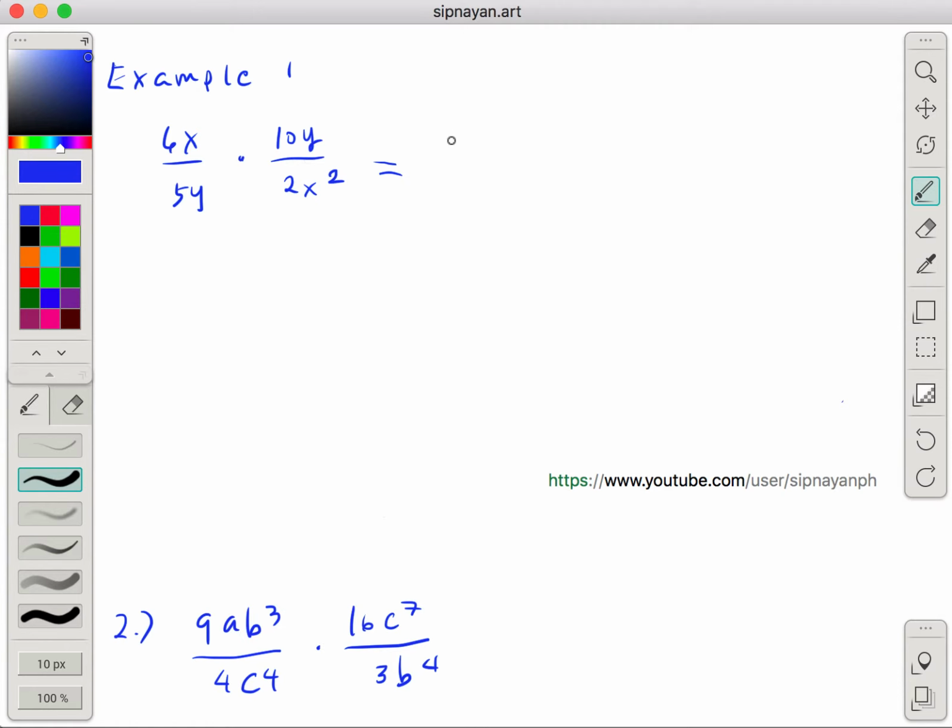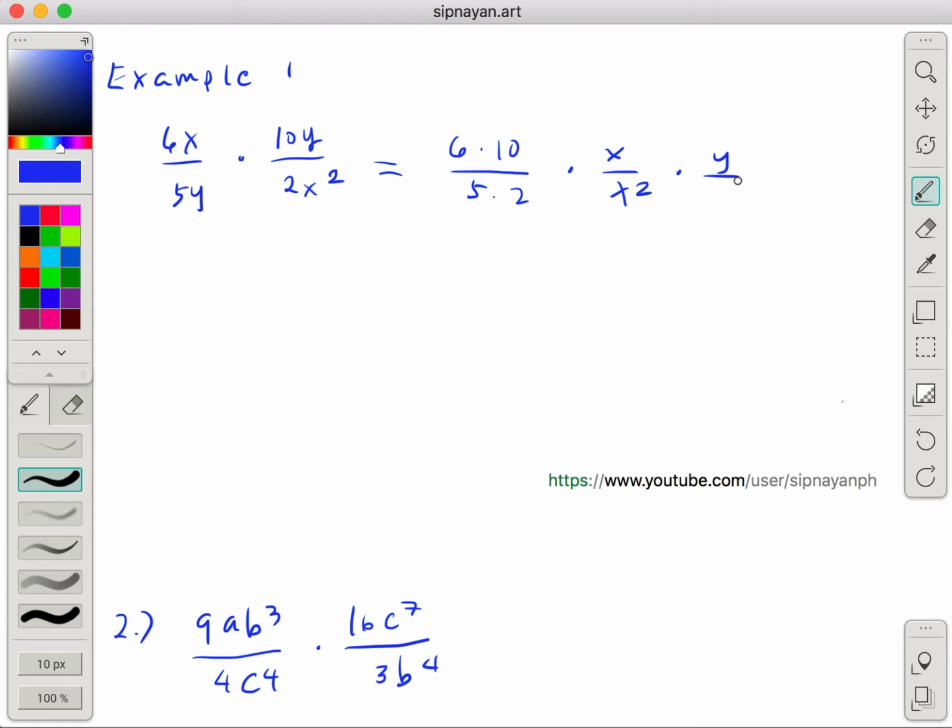Dahil pwede naman tayo mag-rearrange dito, gagawin natin is pagsamahin natin yung mga numbers. So 6 times 10 muna. Since we multiply the numerator and since multiplication is commutative, ibig sabihin pwede nating any order, walang problema, pareho rin naman maging product. We can separate the numbers, 6 times 10 and then ganun din sa baba, 5 times 2, and then pagsamahin natin yung same variable, yung x tsaka x squared. So x yung nasa taas natin, tapos x squared yung nasa baba. And then may y tayo,